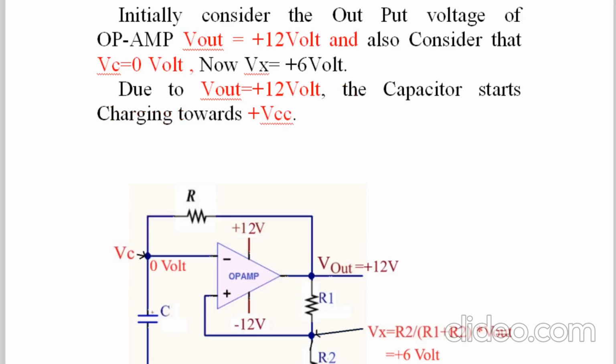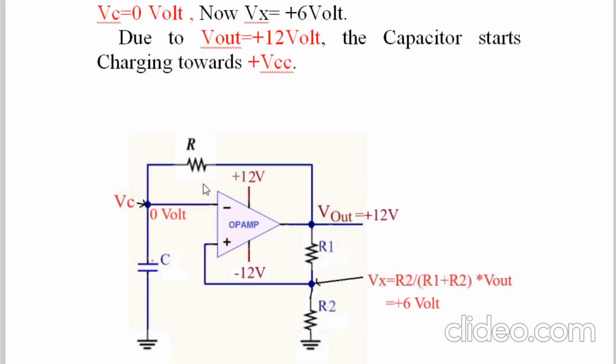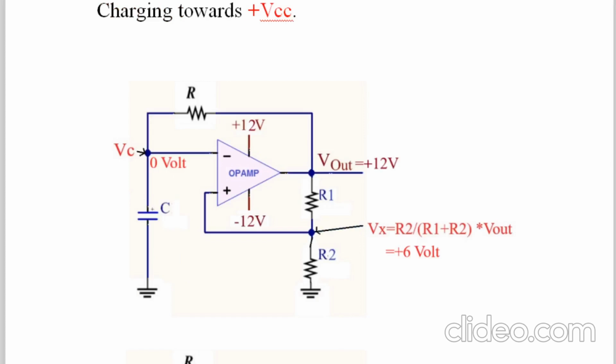Now this is the initial consideration. So here we have given that diagram. So see here, initially we'll consider Vc is equal to 0 volt. So this point will be 0 volt. And here a few millivolts will come. Therefore this will be greater than that. And immediately within a nanosecond, this output will be forced to plus 12 volt. So this is our initial consideration. So this is our first diagram after consideration.